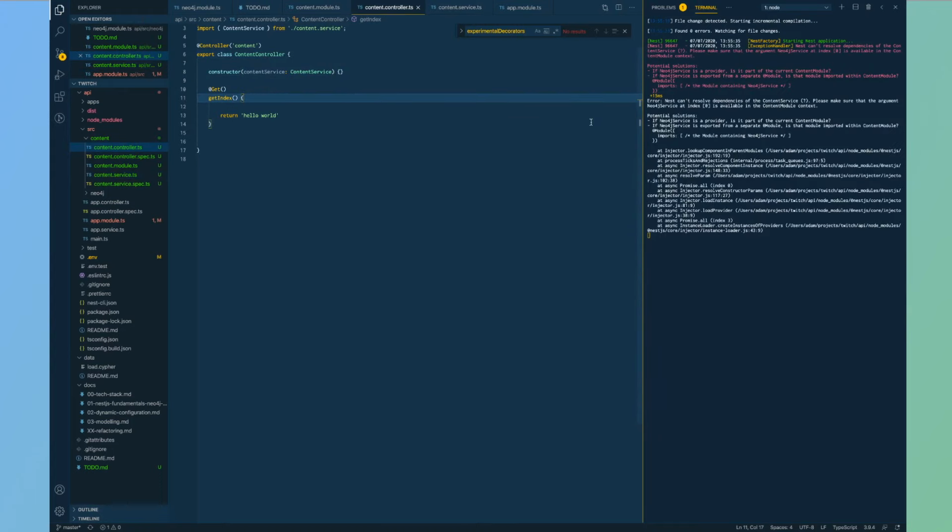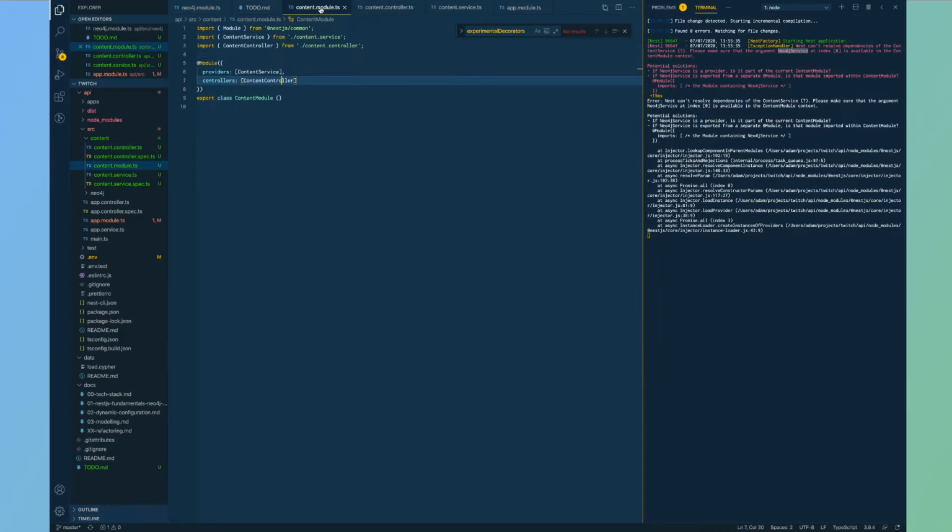Cool. So this will give me the same error like last week. So Nest can't resolve the dependencies for the content service. So make sure that the Neo4j service is available. Because the Neo4j module isn't a global module, I need to include it in here. So this will need to import